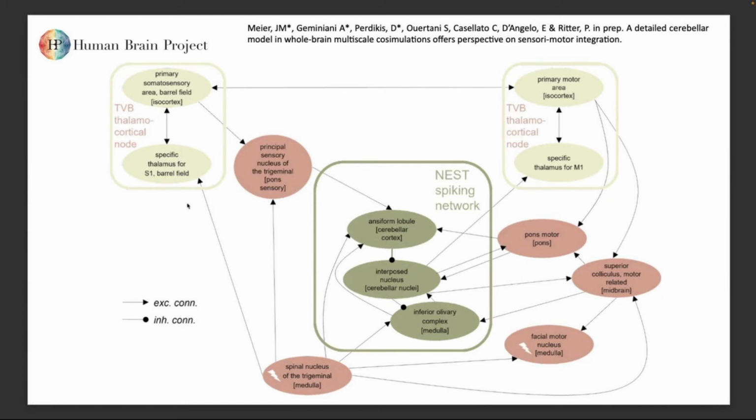On the one hand, it travels directly to the S1 barrel field, the sensory cortex. But on the other hand, it goes mainly through the cerebellum, which is modeled as a spiking network, and then to the M1 cortex, the primary motor area. So the coherence in the gamma band between these regions is modulated by this activity,